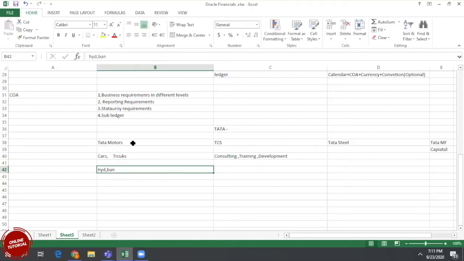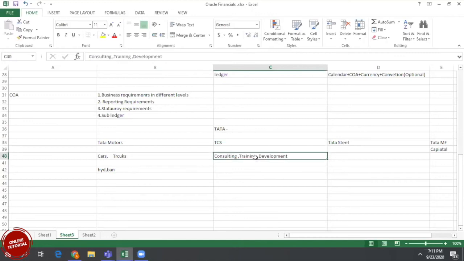When we are implementing for Tata Motors and asking the business how they want to capture the transaction, they say they want to track the company, the division, and the location. Physically it is located in multiple places. In the same way, TCS consulting, training, and development are also located in multiple places, but their business users don't want to track based on location.